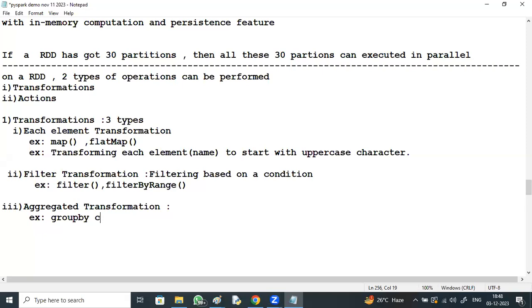Sir, what do you mean by transformation here? Data transformation, you mean? Yes. So transformations and actions are the two types of operations you can perform, right?